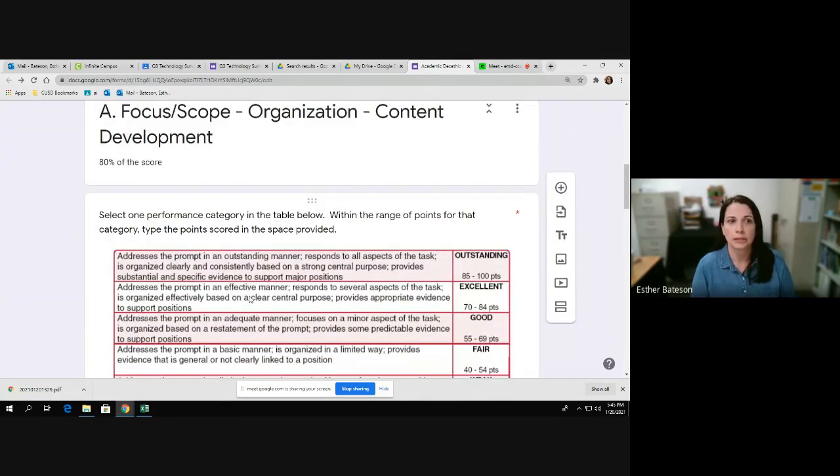It is based on focus and scope, organization, content, and development. This is worth 80% of the student's essay score. The calculations are done automatically, so that is not something you have to worry about. What we are asking of you is that you give them a score based on what their essay does in terms of focus and scope, organization, content, and development. There are some different ways of organizing or, as far as judging it,